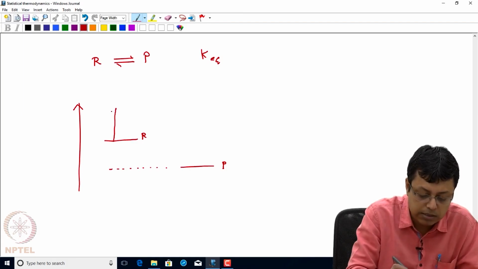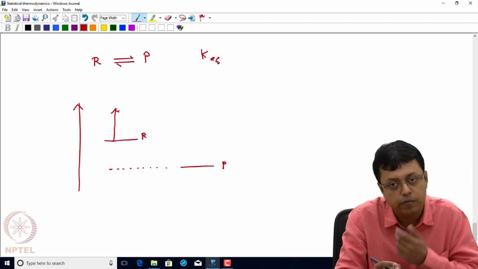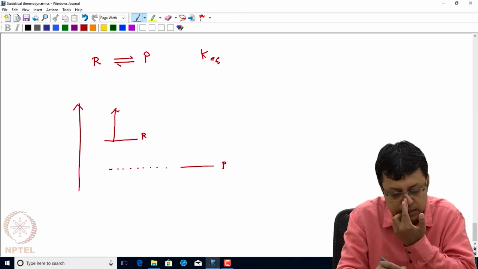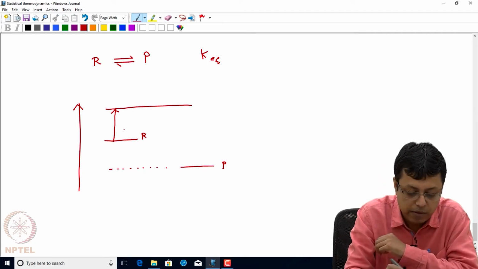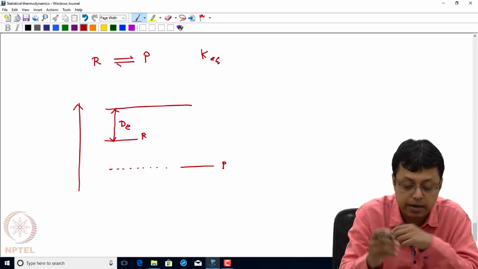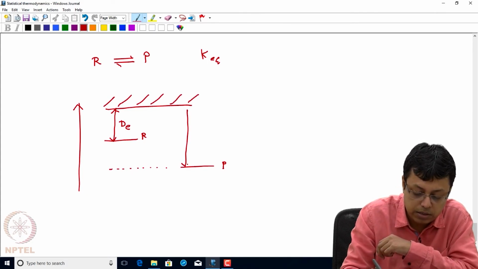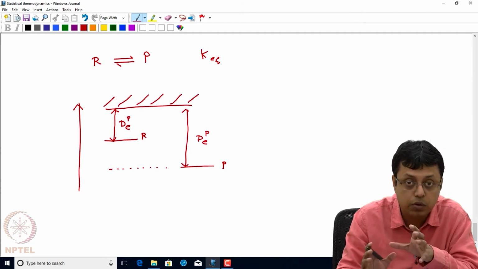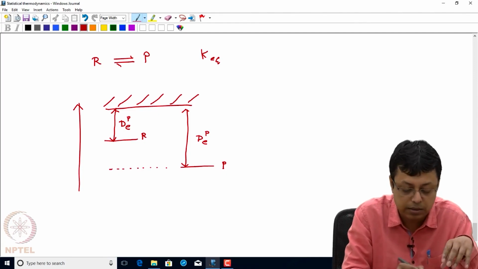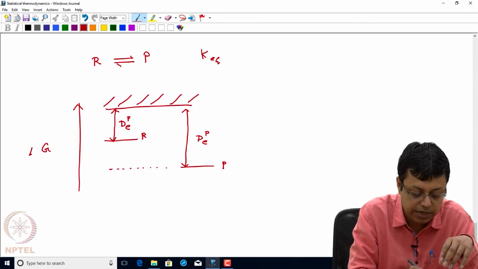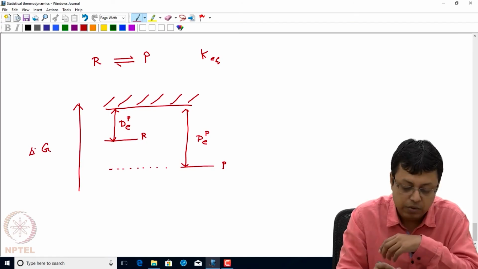So in some sense you can think of the process going from, say, reactants to products as this. You have a dissociation energy which dissociates the reactants. Suppose this is a continuum of energy, and similarly you could also think about the dissociation energy for the products. Now you can show that this and this is basically the Gibbs free energy change,